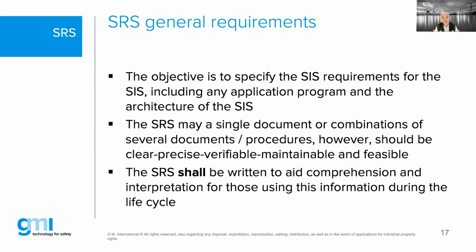That means the benefit of that type of approach is that if you do a modification on an existing safety loop, then you only have to modify one document, which is about the safety loop itself, and not the entire document where you may have multiple loops, maybe hundreds of them, contained in one document. The SRS shall be written, that is kind of a no-brainer if you ask me, but it shall be